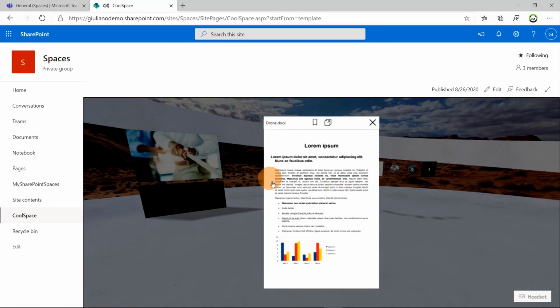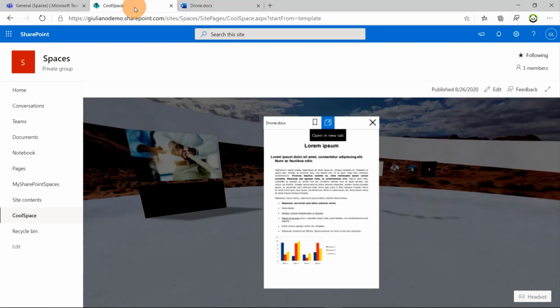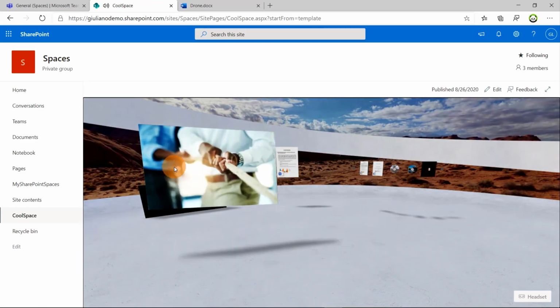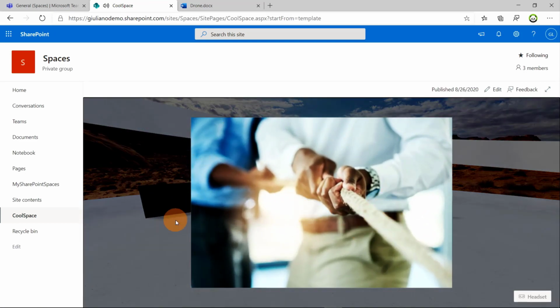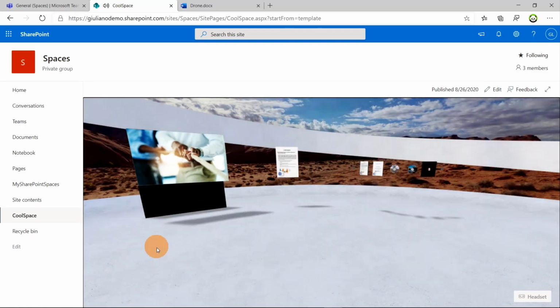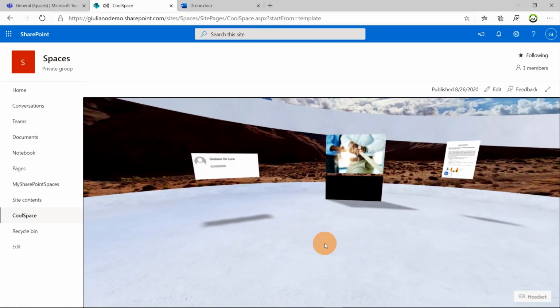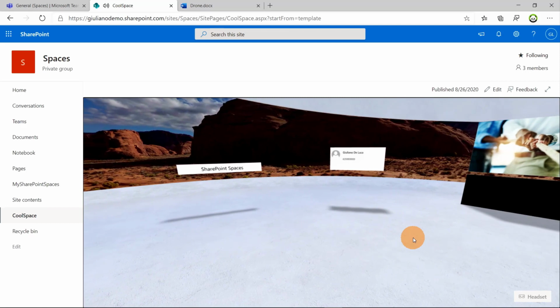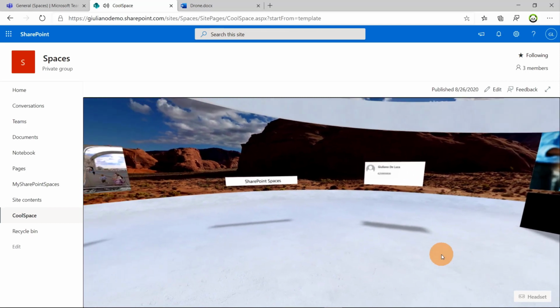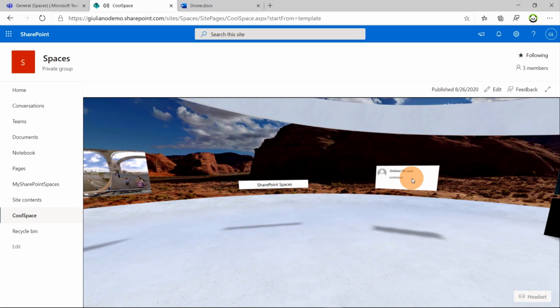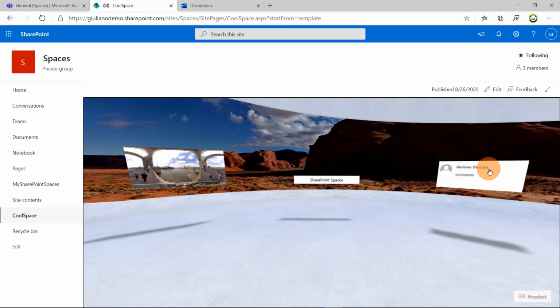So we have here the Word document. So you have a preview of the first page. If I click here, I will open the document in a new tab of the browser. We have here a simple image that we loaded. You can zoom in this image. If you click outside of the image, you will have the classic zoom out effect, and you will go back on your SharePoint space. So here we have the organigram that we have seen also before, a normal text, and